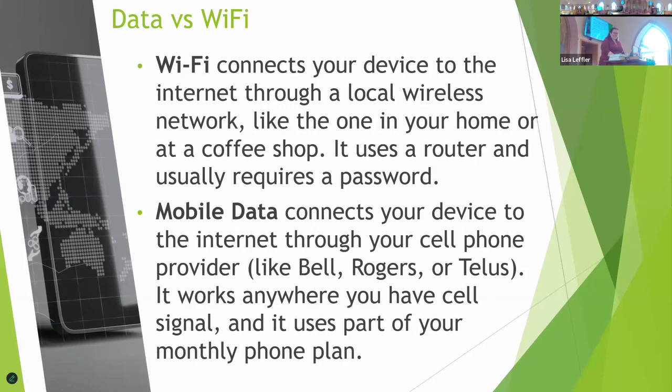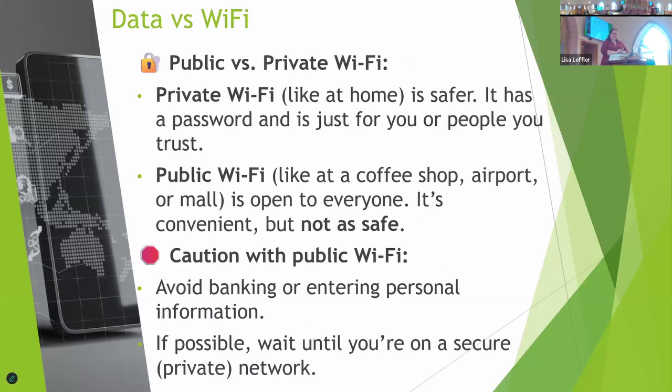Oh, the other one I will bring up here is public versus private Wi-Fi. So public Wi-Fi is like if you go to McDonald's and they have it open, you don't need a password, and so anybody can be on it. And the challenge with Wi-Fi is that if anybody is on it, it's easier for them to hack your devices if they're on the same network. So if you're in a public space, you don't want to do things like online banking or anything that uses a lot of private information, because there is a small chance that somebody could be on that network trying to gather people's information. So keep it to things like looking at your maps, and checking emails is probably okay as long as they're not too